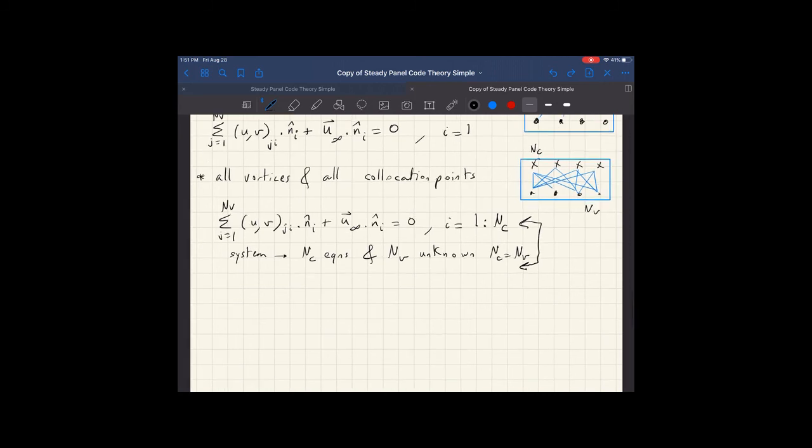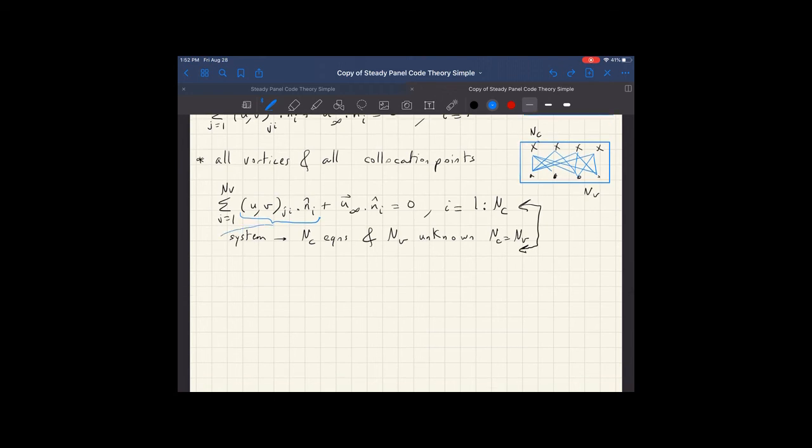All right, so let's zoom onto this specific point here. This is the velocity induced by a certain vortex j on a certain collocation point i, and that's dotted by the normal component on the surface so that you get the component of that velocity normal to the collocation point. So we will expand this a bit. As we've talked about before, the velocity induced by a vortex on a point can be described by the following